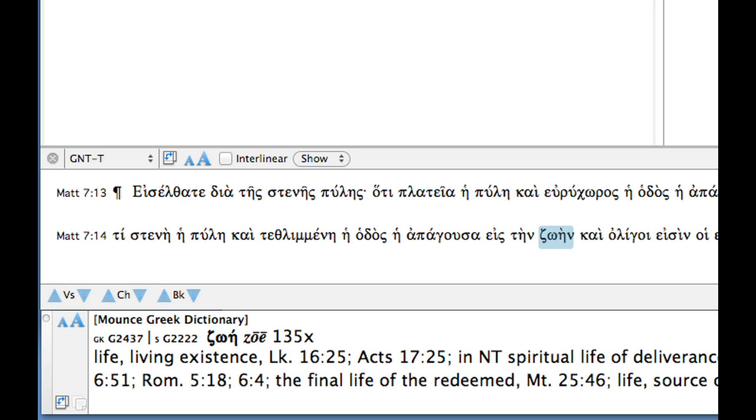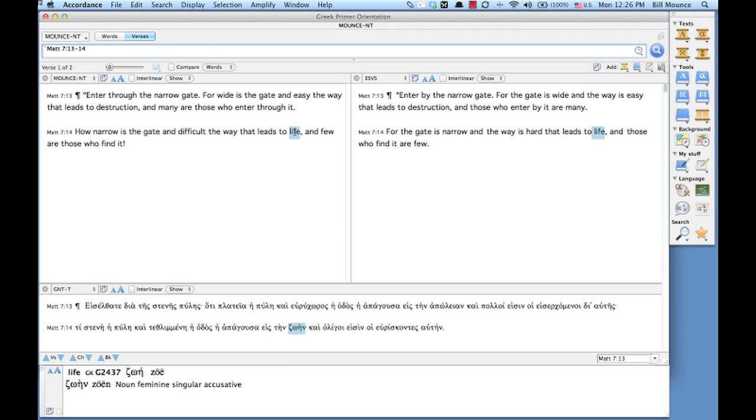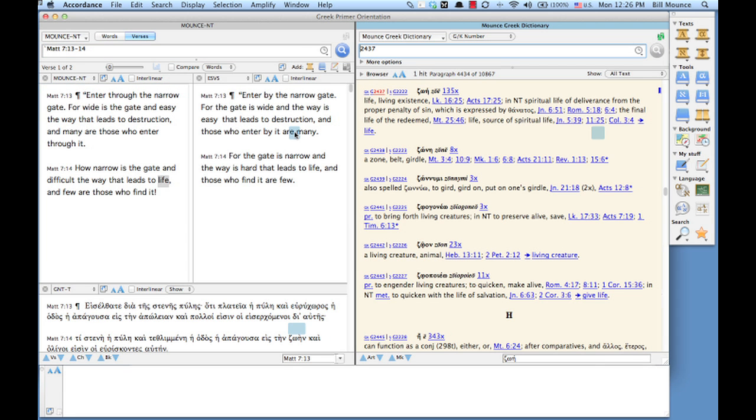Its Strong's number is 2222. It occurs 135 times. And then you have a much fuller definition of what the word means. Well, let me show you another thing you can do. Go ahead and let up on the Command key and triple click on the word life. Now what just happened is really important. Accordance opened up a second zone, and that's one of the really powerful features in Accordance, that you can have